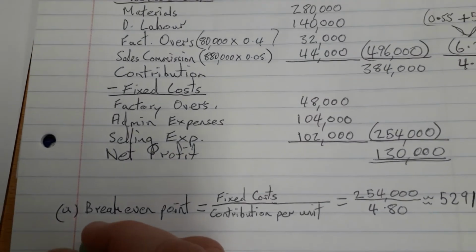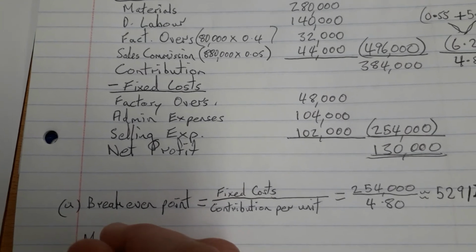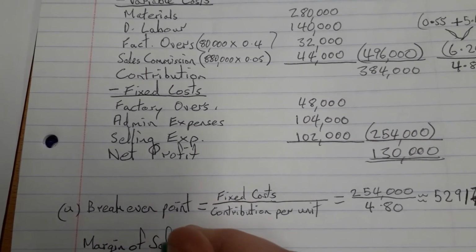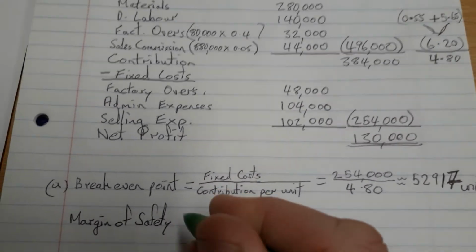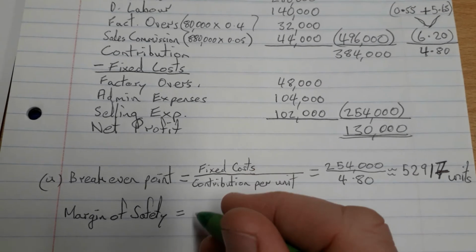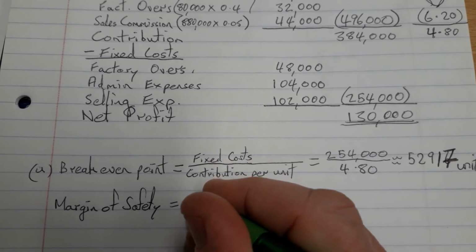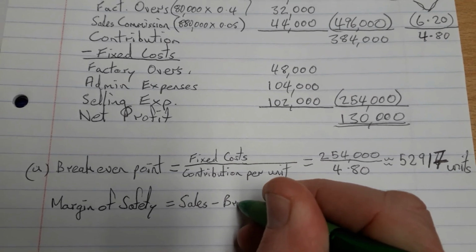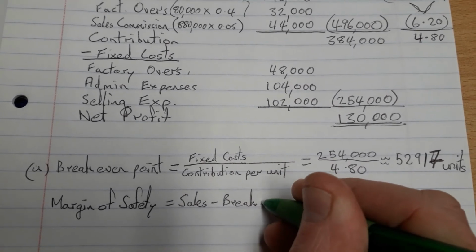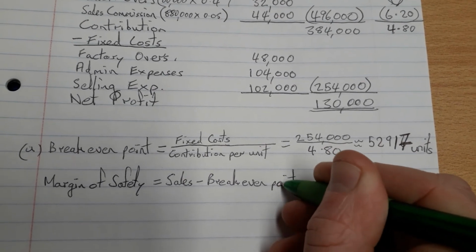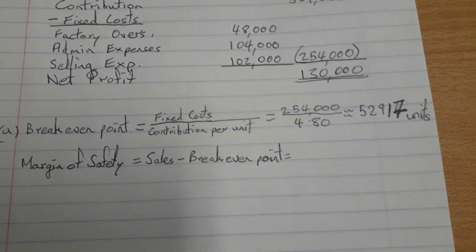Then the next thing was the margin of safety. So the margin of safety, again, this is a formula that you'll have to learn off for this question, and it's equal to the budgeted sales minus the break-even point. So if you like, for shorthand, sales minus break-even point. Okay, and in this